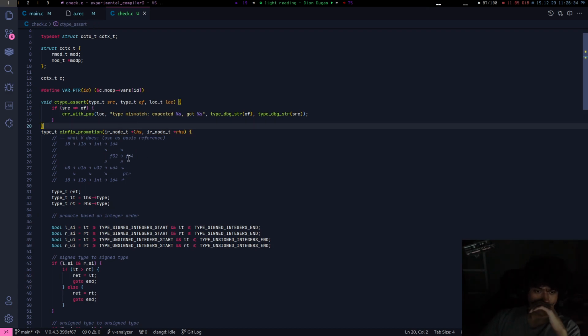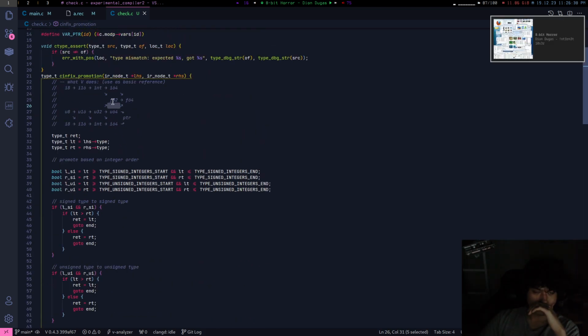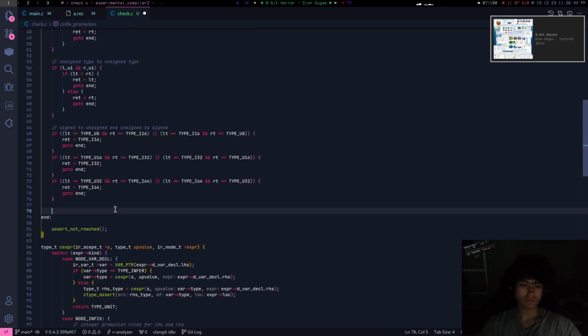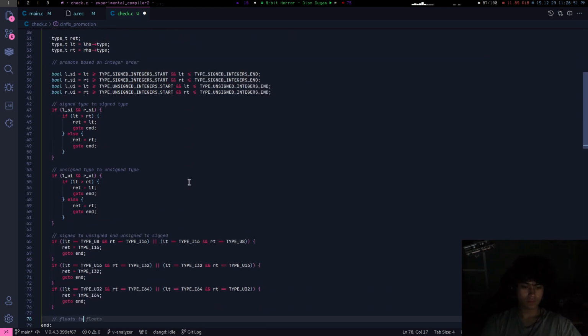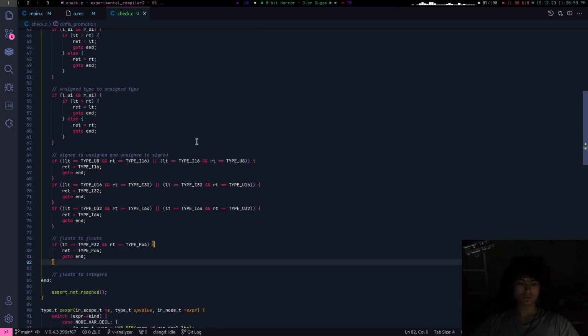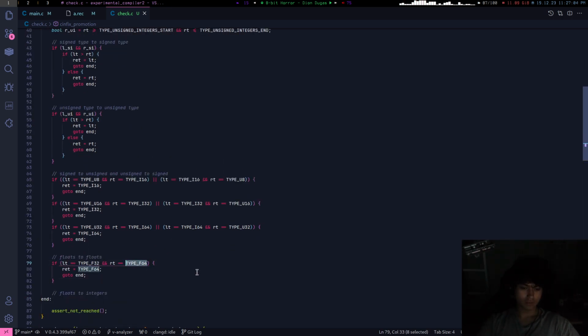Okay. And then I want to do integers to floats, so I can do this. Floats. Oh yeah, floats to floats as well. What about the other one?